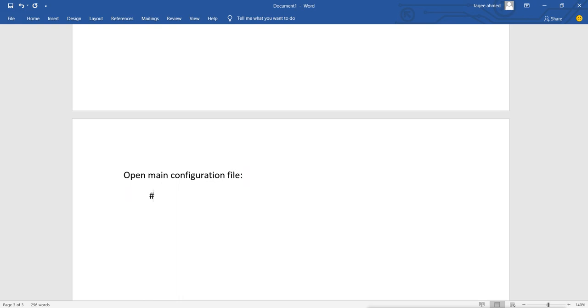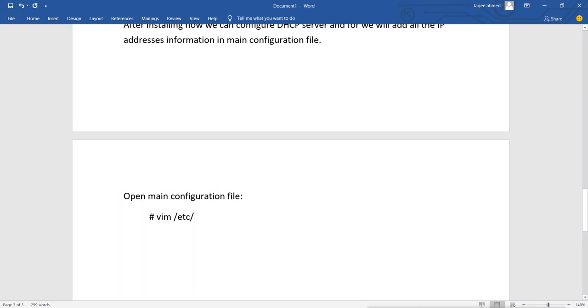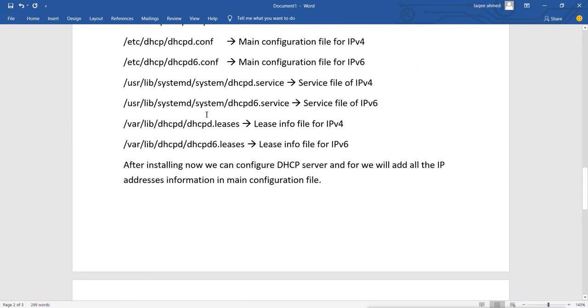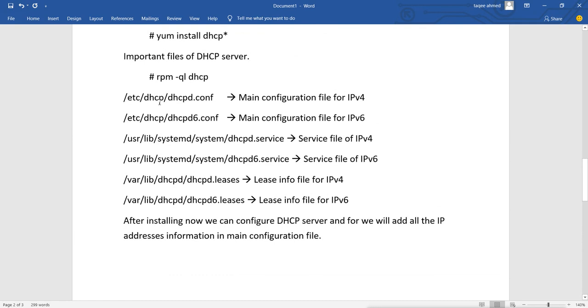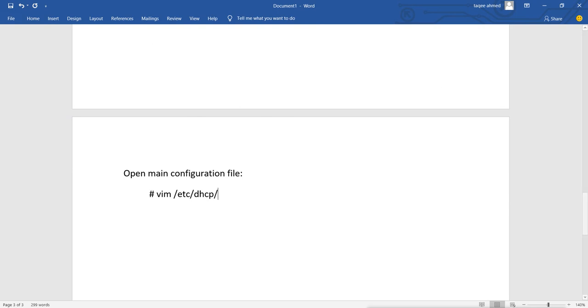We can use any tool; I'm using vim. Under etc, in the dhcp directory, the file is dhcpd.conf.